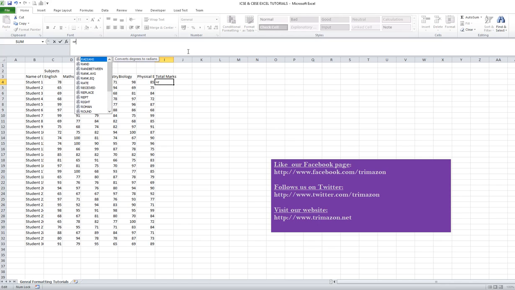For example, if you want to find out the radians, or you want to find out a random number, because I have pressed R. So if I press A, we will see another set of formulas. If I press maybe P, we will see another set of formulas. Likewise, we can press L, we will see another set. Then we press I, we see another set of formulas. So for any formula which has the initial letter you're referencing, Excel throws up a bunch of formulas to